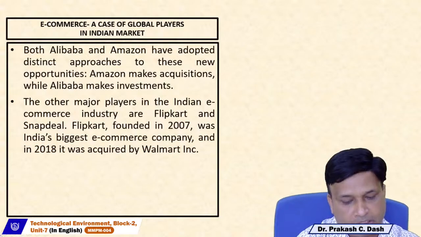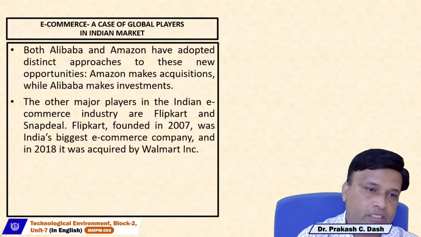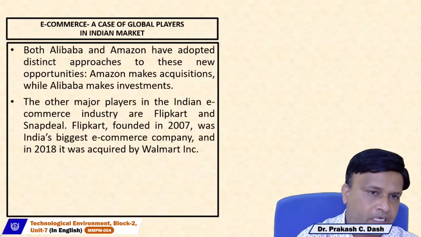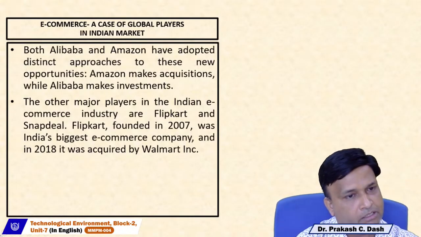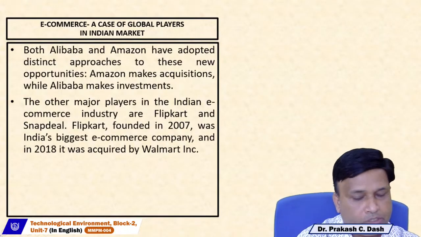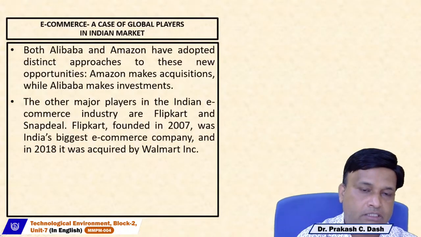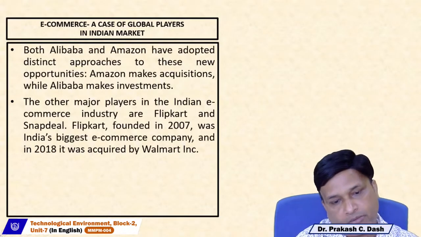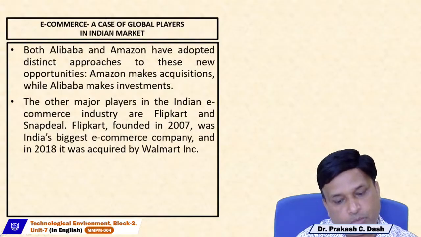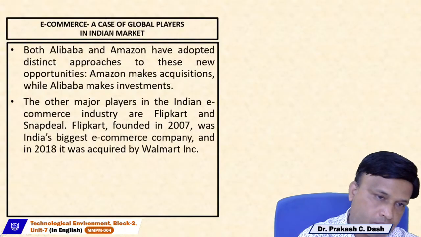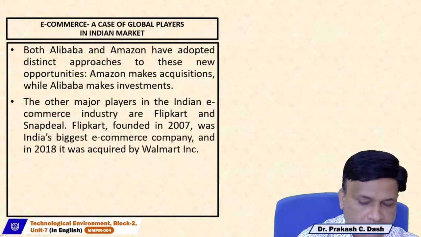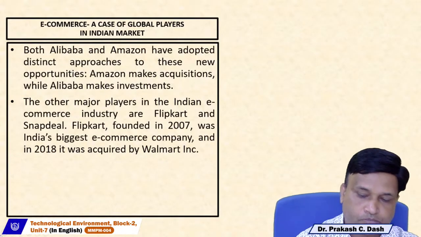Amazon makes acquisitions. If Amazon sees one of the small firms in the international market doing well, they will acquire them. Alibaba, whereas, makes investments. Take one of the major Indian e-commerce companies, Flipkart, Snapdeal. Flipkart was founded in 2007, and they are able to compete even with their local players, the Indian companies, and they are able to compete with Alibaba and Amazon because they know the market. They also have a presence across the globe. So this is exactly possible through e-commerce.